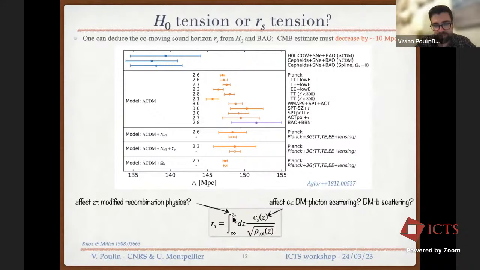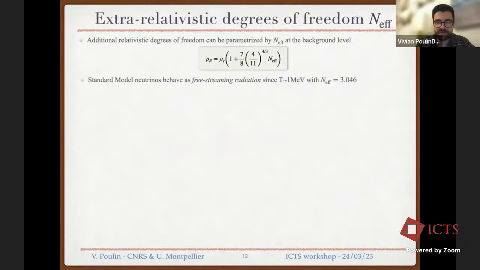The other possibility is that recombination happened at a slightly earlier time, that the redshift of recombination is a bit higher, such that the wave was frozen a bit earlier. So you can play with the physics of recombination to do that. And lastly, the possibility is that the expansion rate in the early universe was higher, the energy density was higher, or maybe gravity was a bit different, such as to increase the expansion rate. And these are categories of solution that invoke, for instance, new sterile neutrino-like species or early dark energy. And I'm going to now discuss this sort of solution.